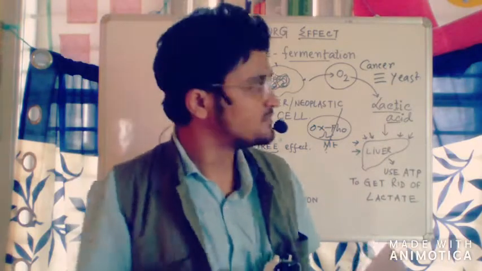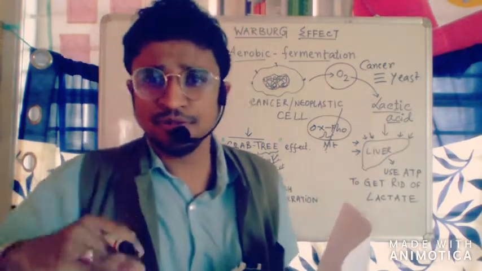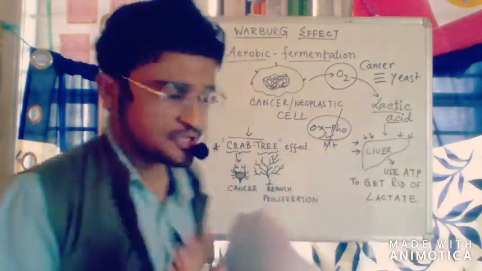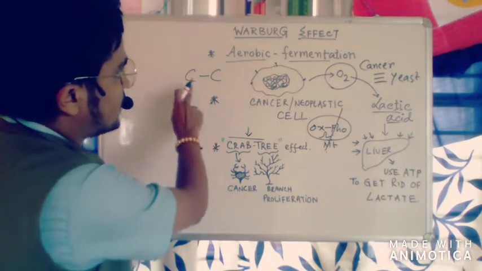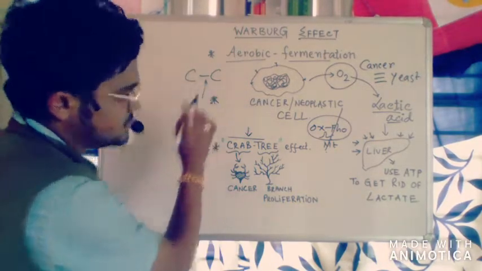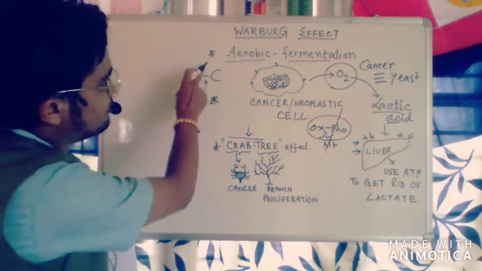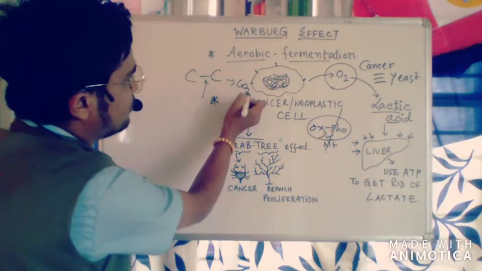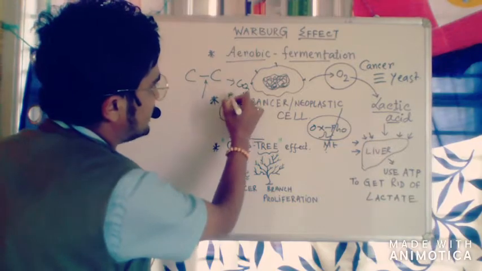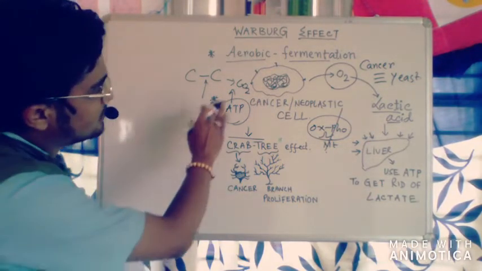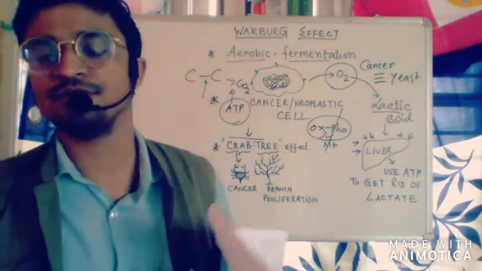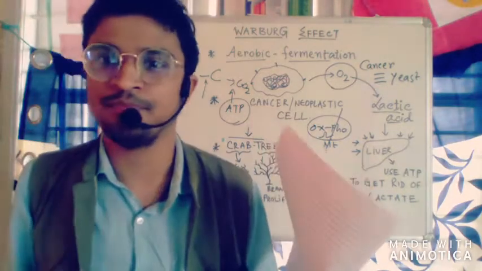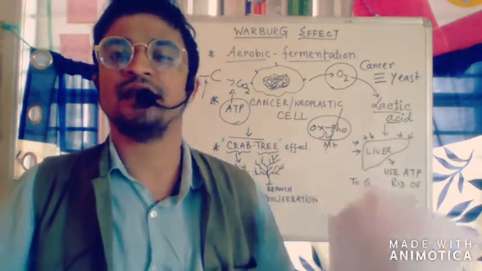Another purpose of doing this is very simple. They do not want to produce a huge amount of ATP. Their purpose is to proliferate, divide, and make biomass. So what should they do? Suppose you have carbon-carbon bonds and you have done oxidative phosphorylation. What will happen? You have to break the bond and go for oxidative phosphorylation to produce CO2. Now you can get a sufficient amount of ATP. In the meantime, what will happen? It is a catabolic pathway. So respiration is a catabolic pathway. But here they want anabolism. They do not want to destroy the material that they have consumed.